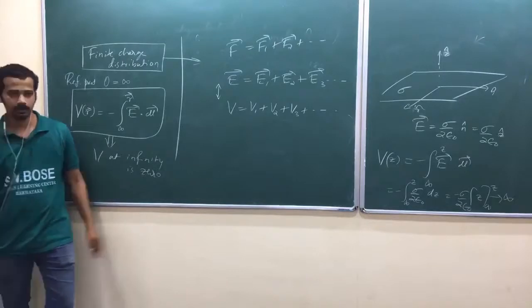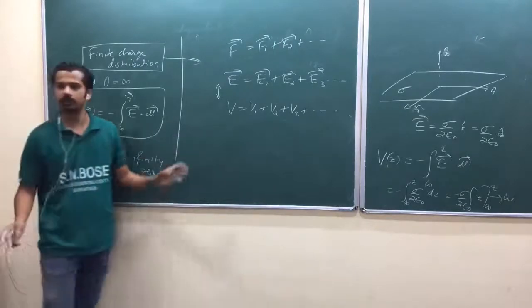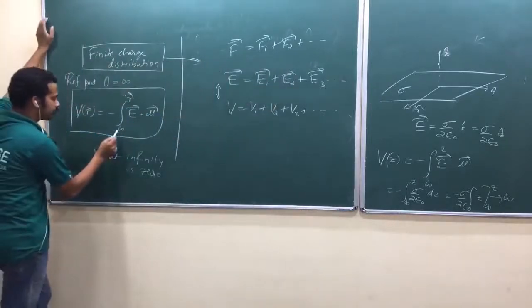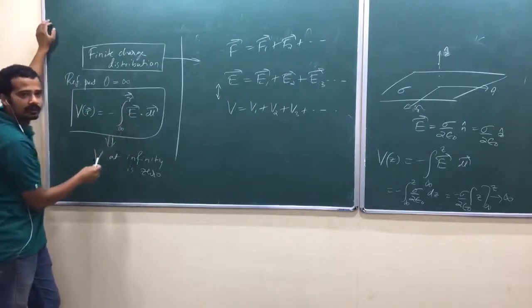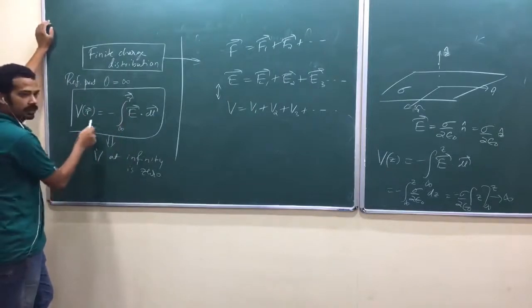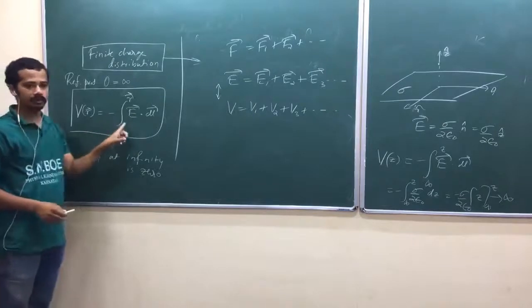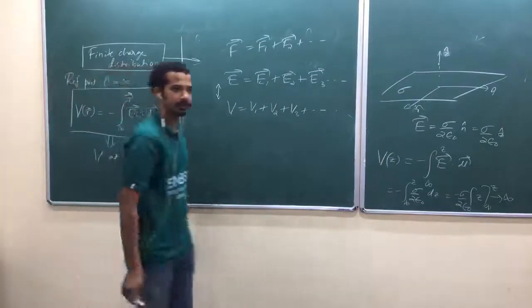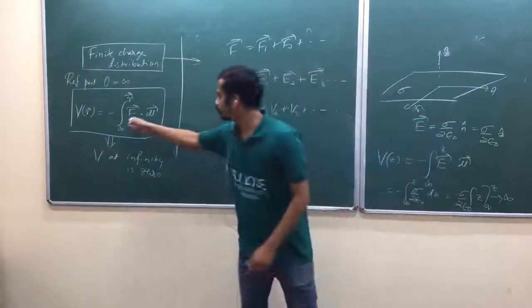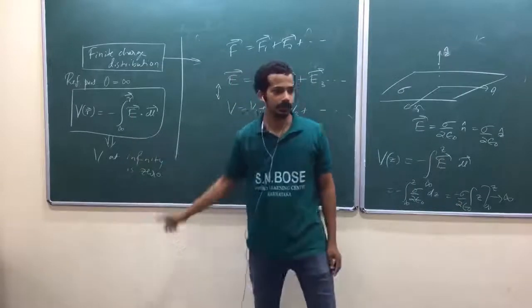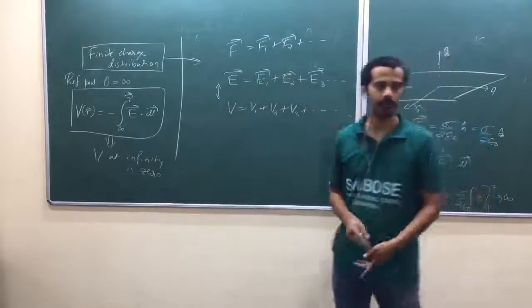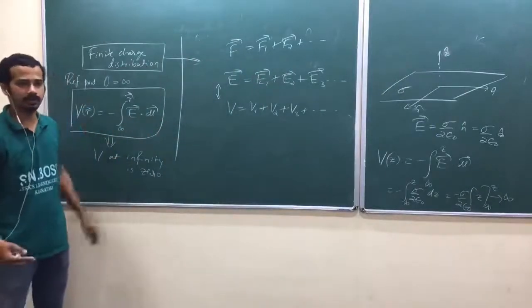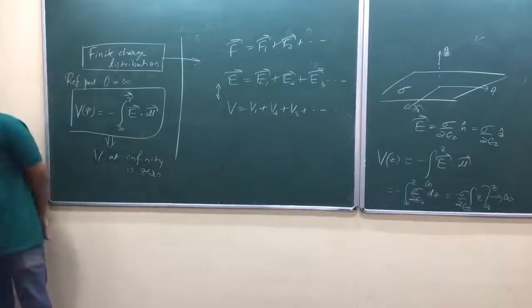Joule per coulomb also, because later we shall define potential as work done. If you define potential like that, it is the work done on unit charge in moving the charge from infinity to the point. That's how you defined it in class 12. Am I right? Potential at any point is the work done per unit charge in moving that charge from infinity to that point in space. You can define it like that, because that line integral is force per unit charge. Electric field is force per unit charge, integrated, isn't it? That's work done actually. That's why you can define it as joule per coulomb. Okay.